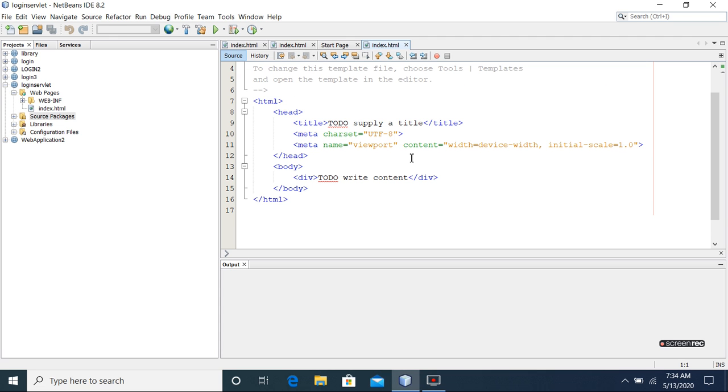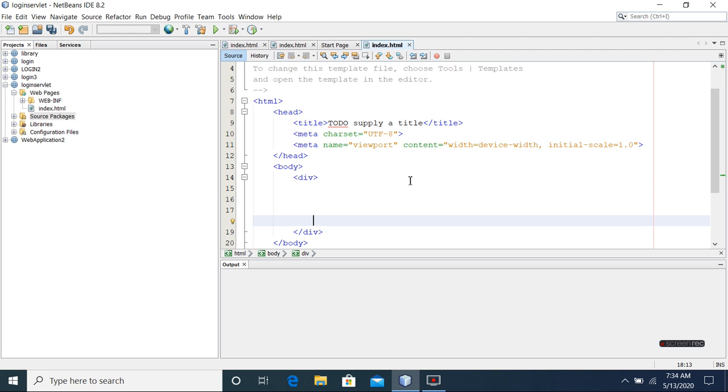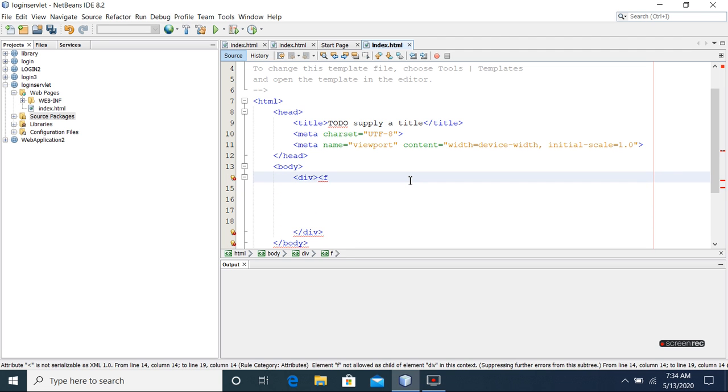So we can consider this as the interface of the client, that is the HTML page. We will include here some contents, like we will read the username and password from the user. So we will use the form tag of HTML.